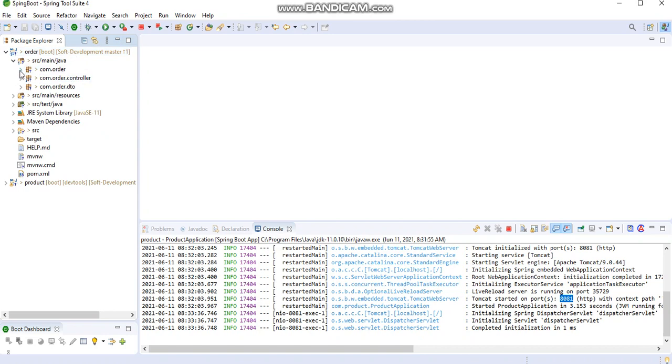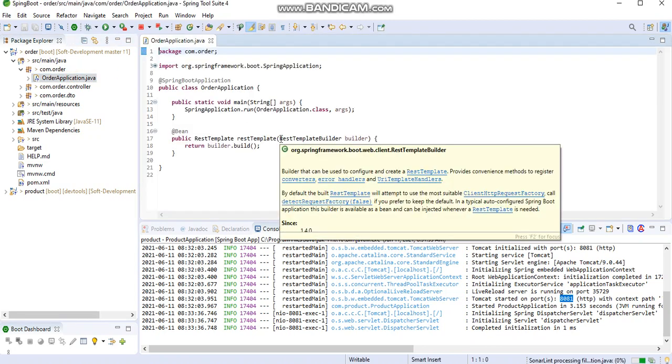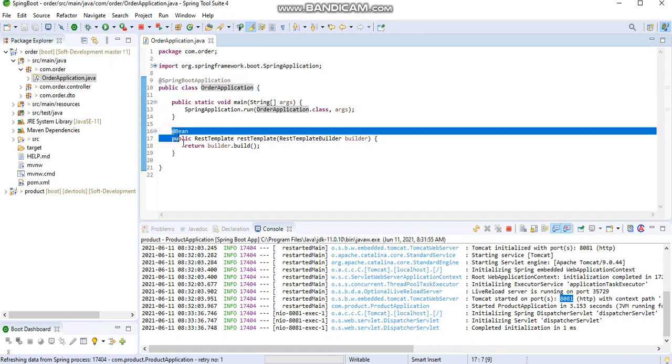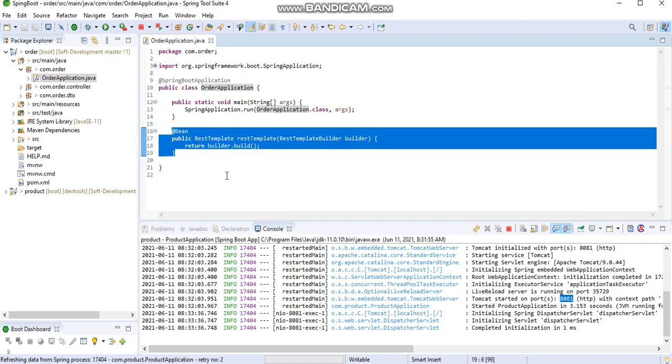Here I just did the configuration for a RestTemplate inside the order application, in the starting point of the Spring Boot application. I configured the RestTemplate by using the Bean annotation. Now it will be initialized by the Spring container, and we can autowire it anywhere in this application. We don't need to create the object using the new keyword.